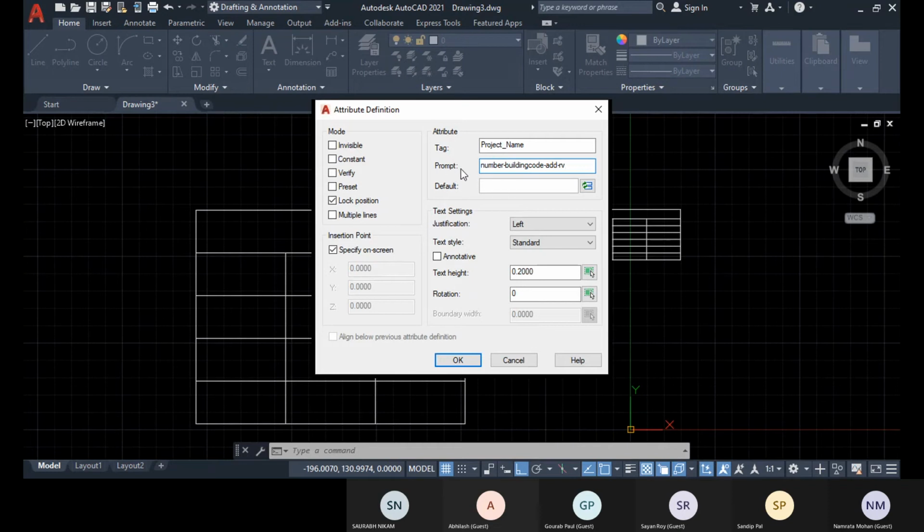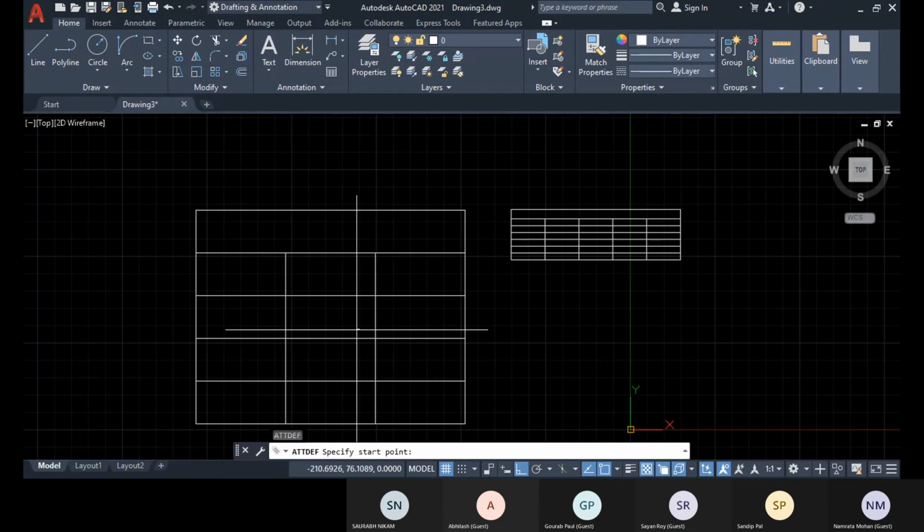So that's it. That is the definition for default. So this default I'm specifying xxx. Okay, and what will be the text height, that you can change after this also. So let's go with this, click on OK, and here specify this.